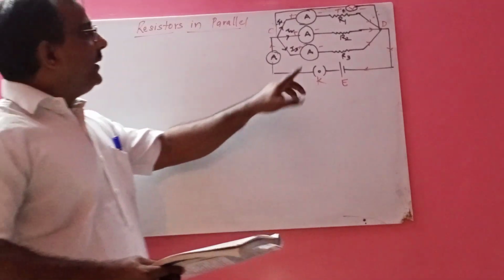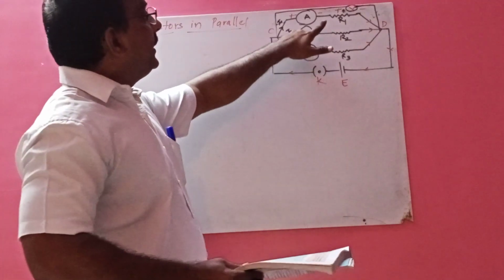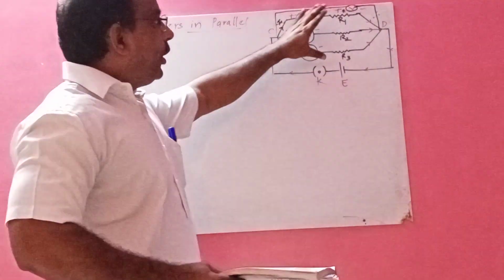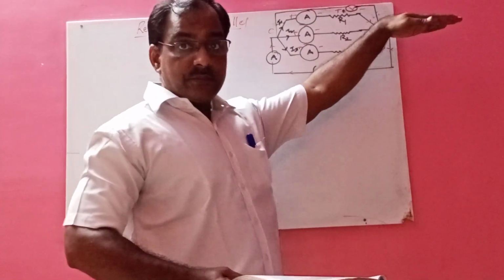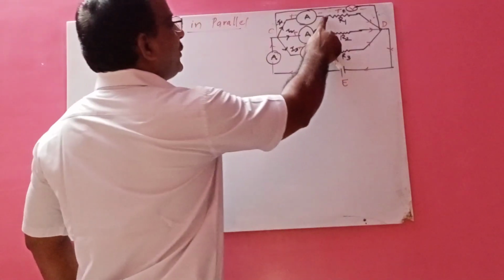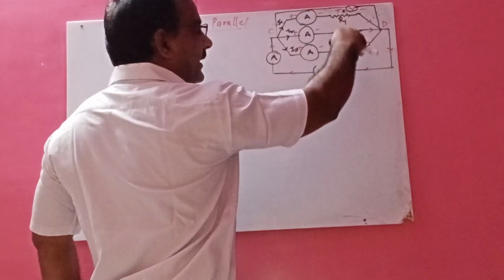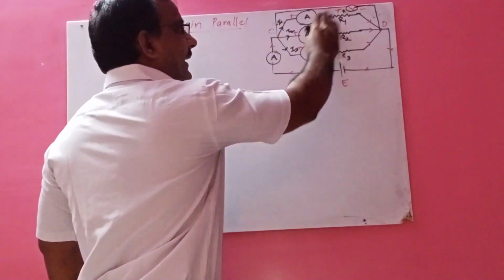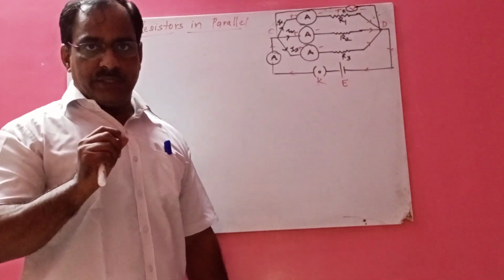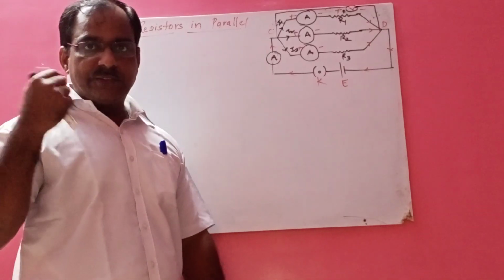See how it is. You can see in this figure, this is a circuit diagram where there are three resistors R1, R2 and R3. They are not connected in a single line, children. They are connected one below the other. The ends of the resistors are connected one below another. So that is why this connection of resistors is called a parallel combination. Okay, you can distinguish the diagram of the previous one and this one.